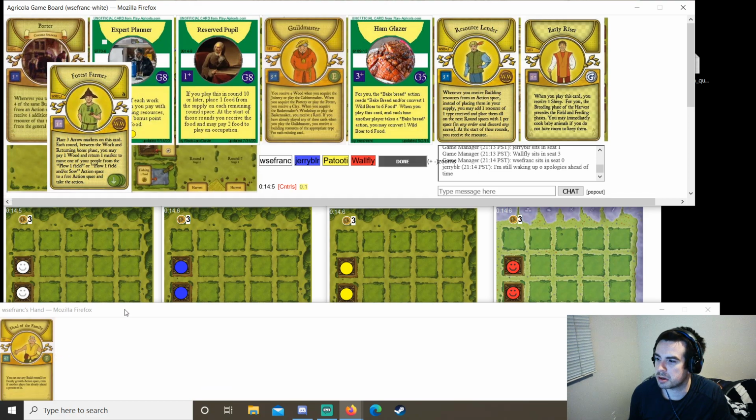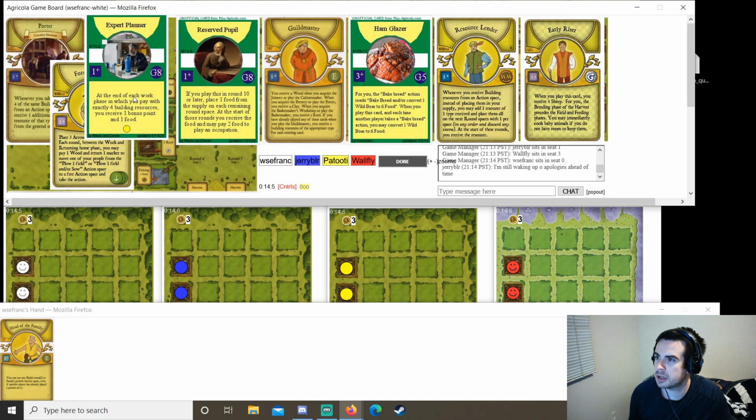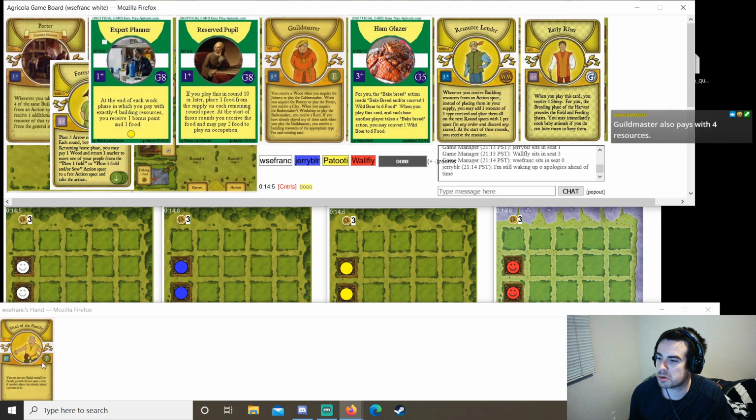I think I'm just going to start Head of the Family here. It looks like it's the best card here. I might wheel something like Reserved Pupil, which could be good with Head of the Family, because Head of the Family doesn't play Ox really early, and then Reserved Pupil can play them late. Guildmaster is another example, yep. Although with Guildmaster, if you're spending full cost, it's kind of...